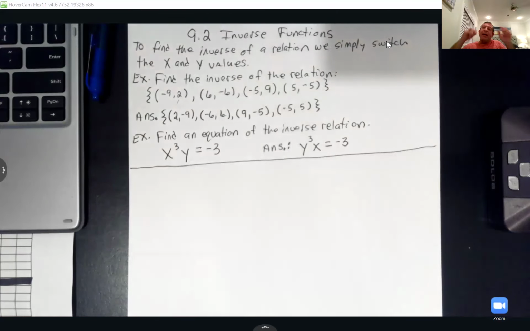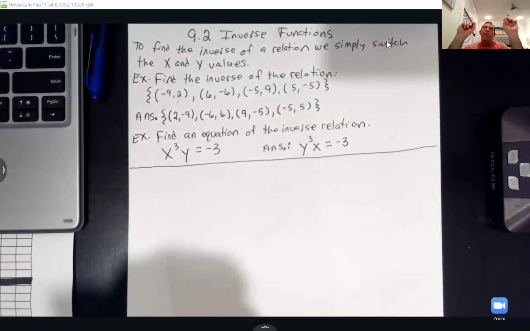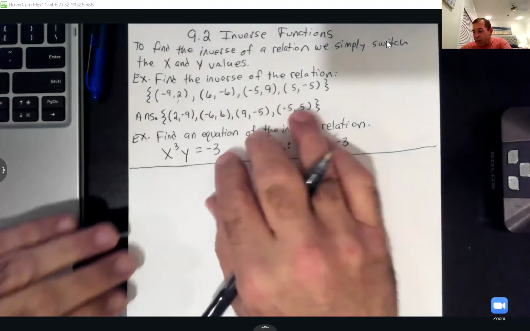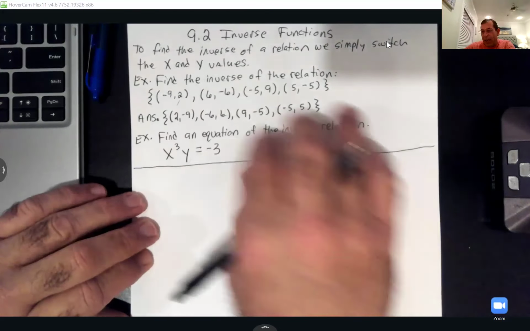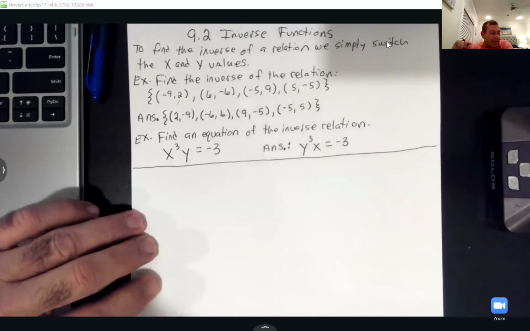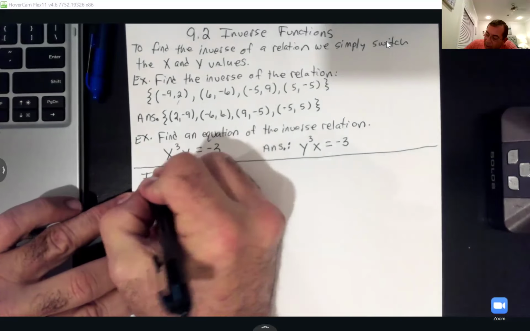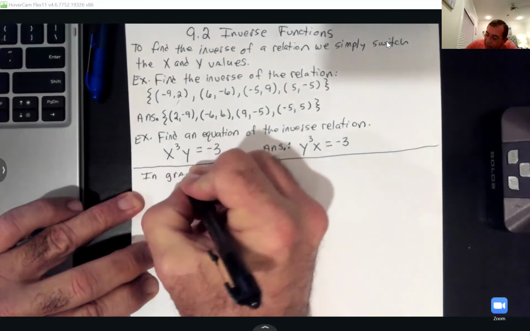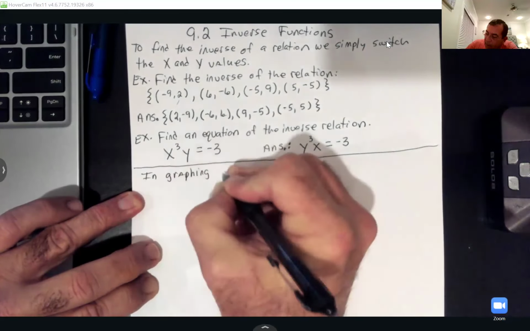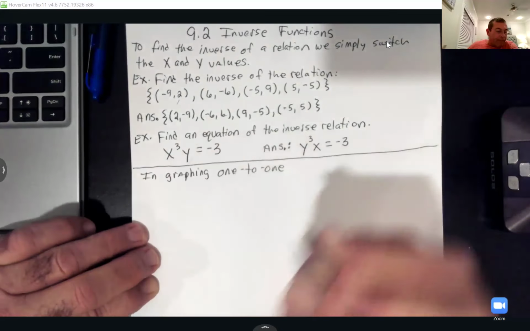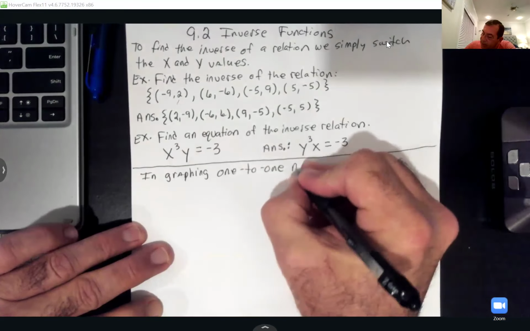All right, so now we're going to look at what we call one-to-one. Because if a function is going to have an inverse function that I'm about to show you how to do in a little bit, it has to be what we call one-to-one. So in graphing, one-to-one means,